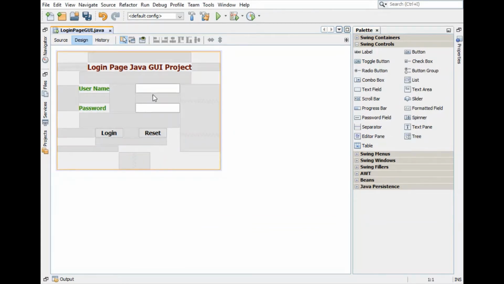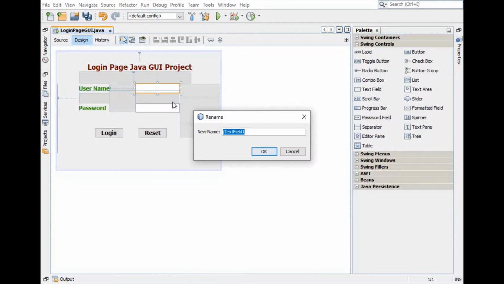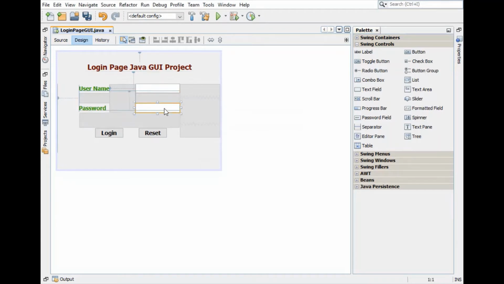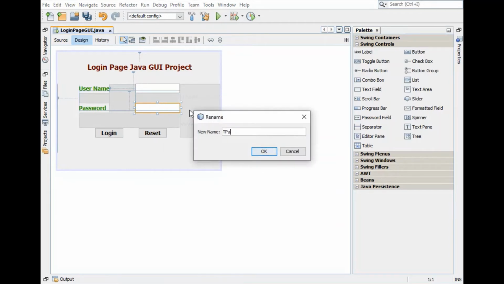Now let's rename various components so that it will be easier for us to write the program. I'll be renaming this username text box with T username. Then the second text box with T password.